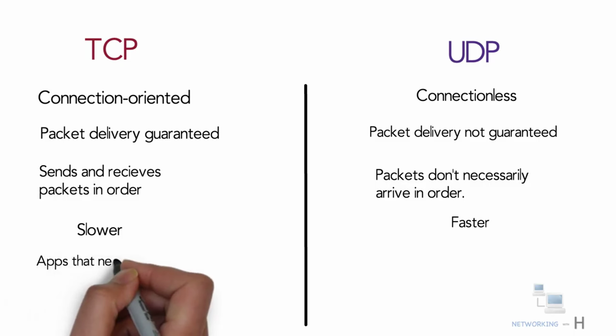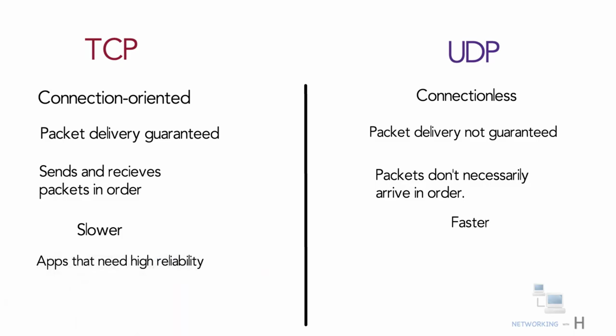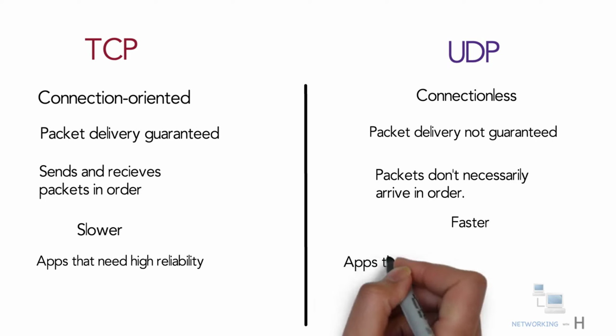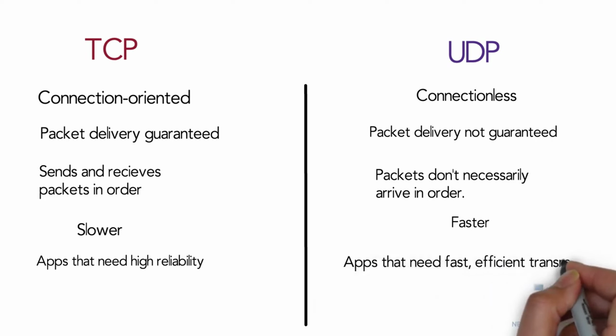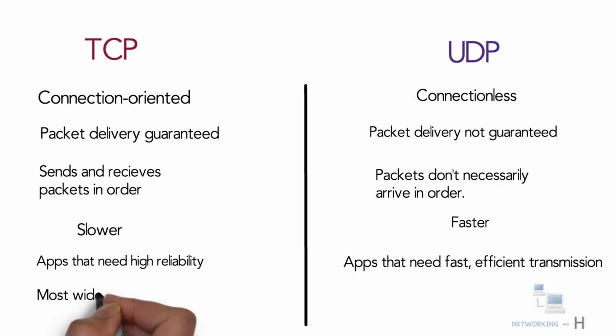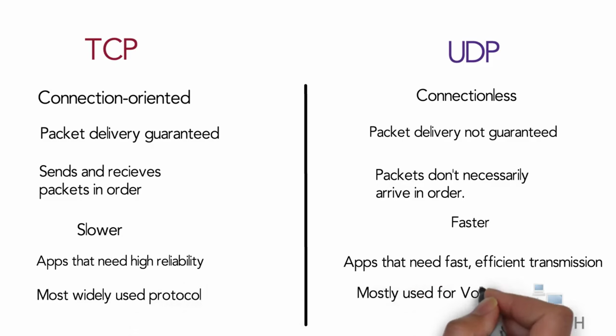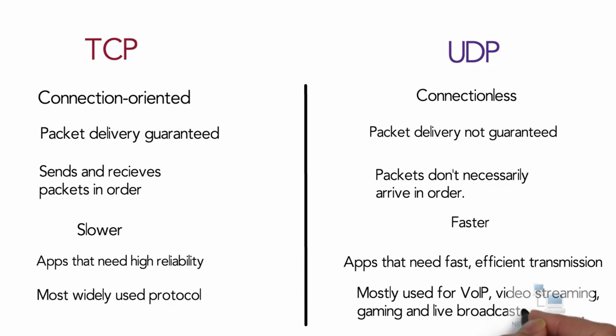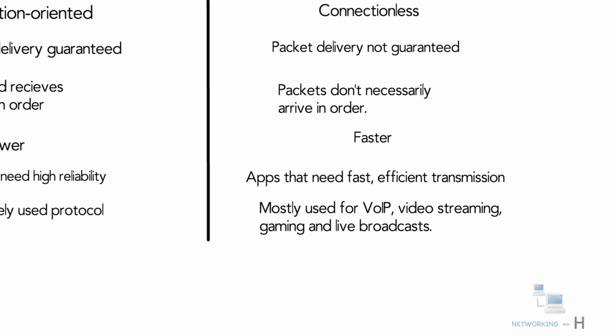TCP is best suited for apps that need high reliability and where transmission time is relatively less critical, whereas UDP is better suited for applications that need fast, efficient transmission such as games. TCP is the most widely used protocol on the internet, whereas UDP is used for VoIP, video streaming, gaming, and live broadcast. That's it about